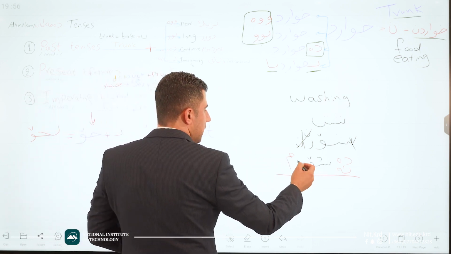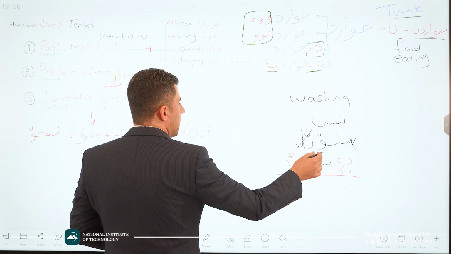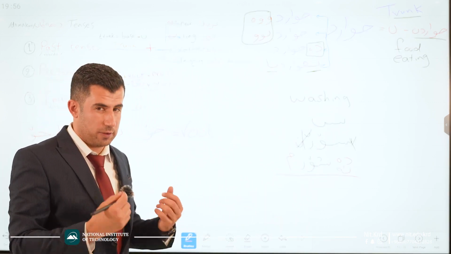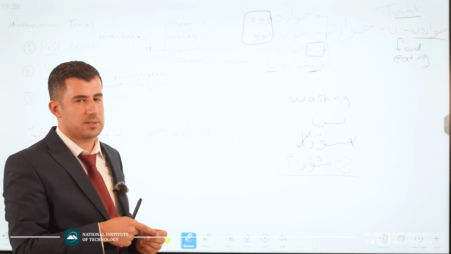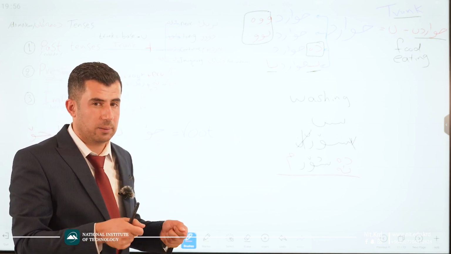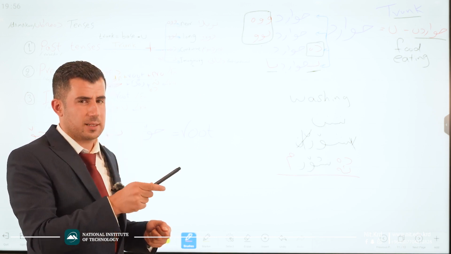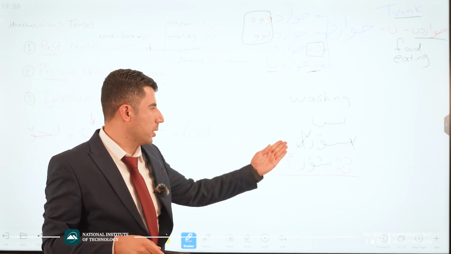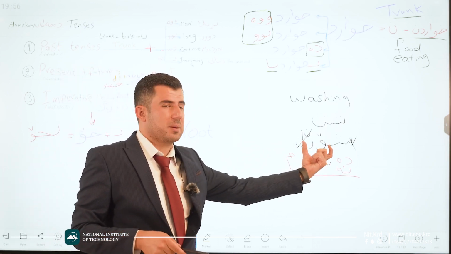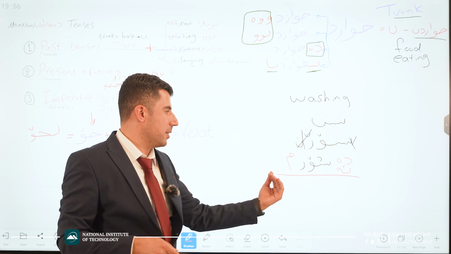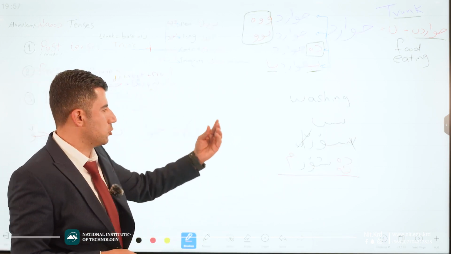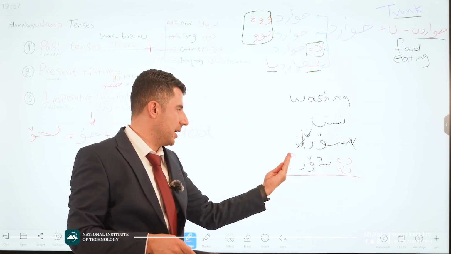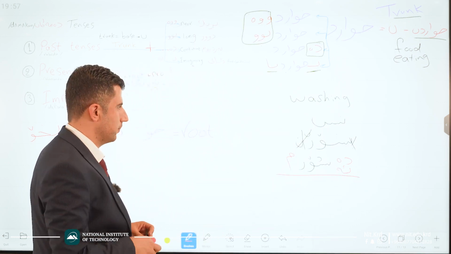We said that we need the root of the verb. If we want to get the root of the verb, we have to put it in the imperative style to say do it like this, bishor, and then we have to remove b with n. The part that remains is the root of the verb. And then for making present and future, we have to add da or a at the beginning and then m at the end. Okay?